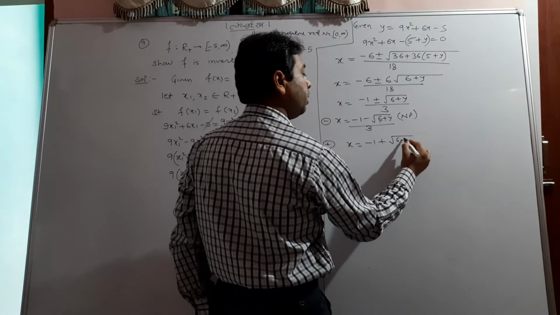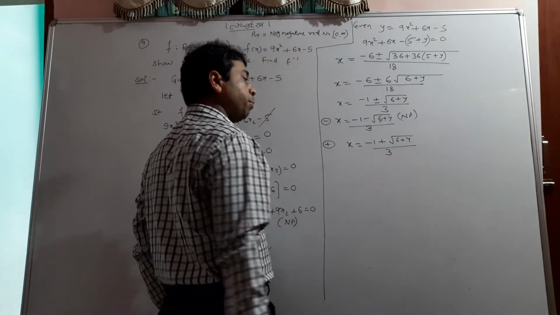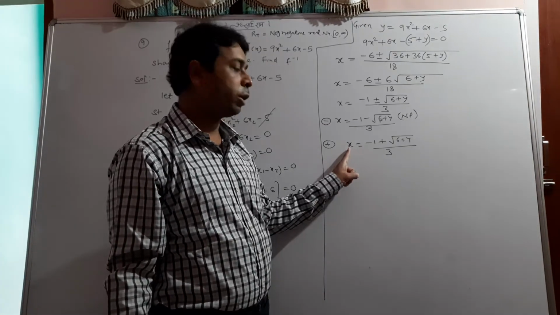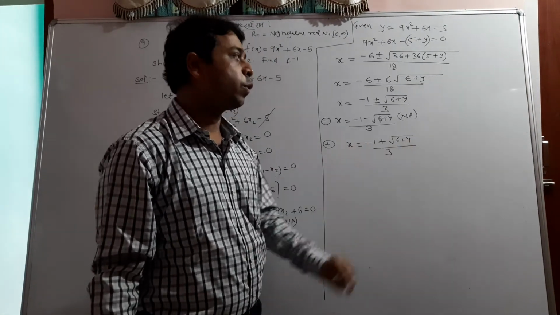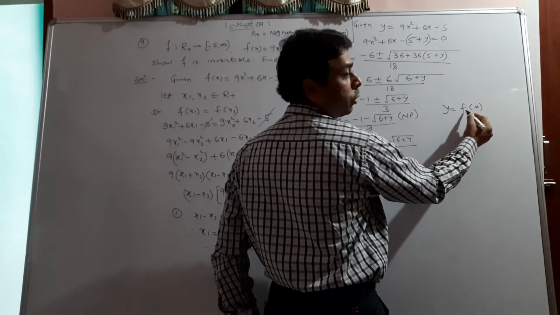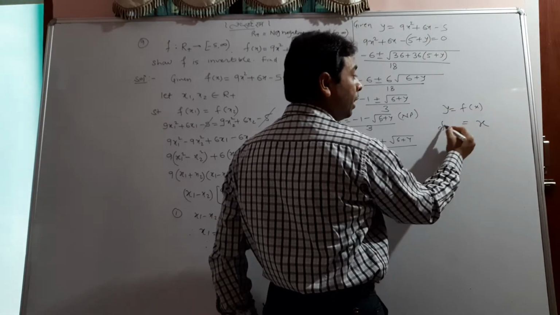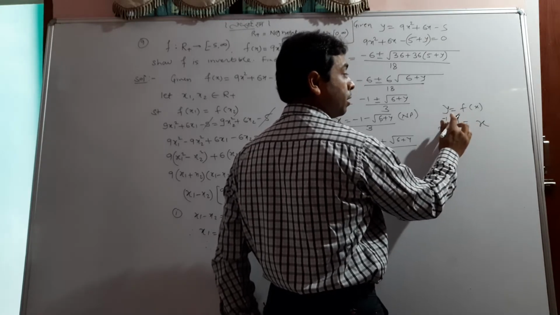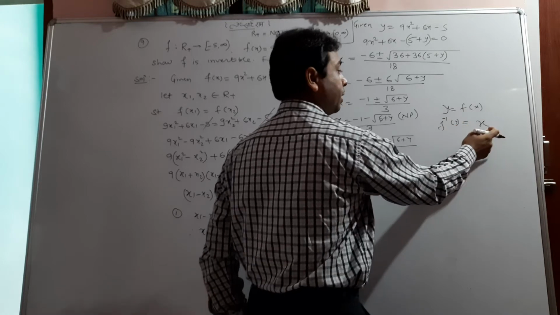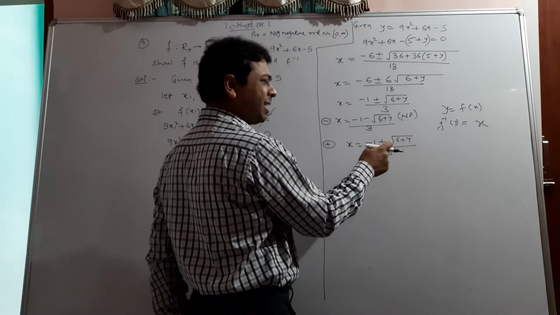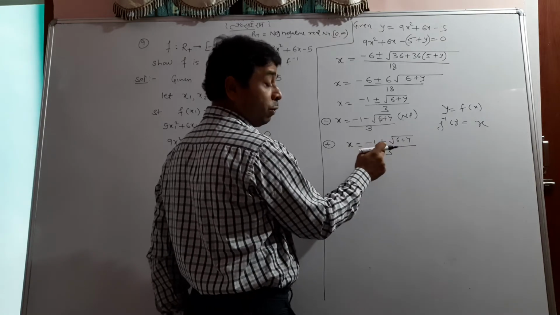So students, the further work is very important. As far as the answer is concerned, we already have got x in terms of y. You remember my words that whenever y is equal to an expression in the form of x, it is a function. But when x is equal to an expression in the form of y, it is what? It is inverse. f inverse y is equal to x, and x is equal to an expression in the form of y, we have got it actually. It is an answer. It is f inverse y.